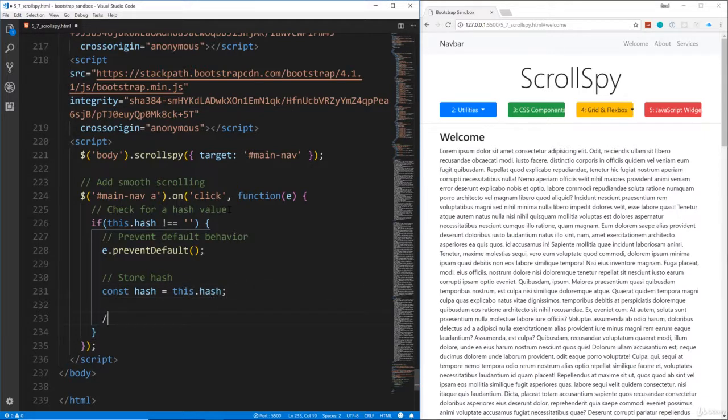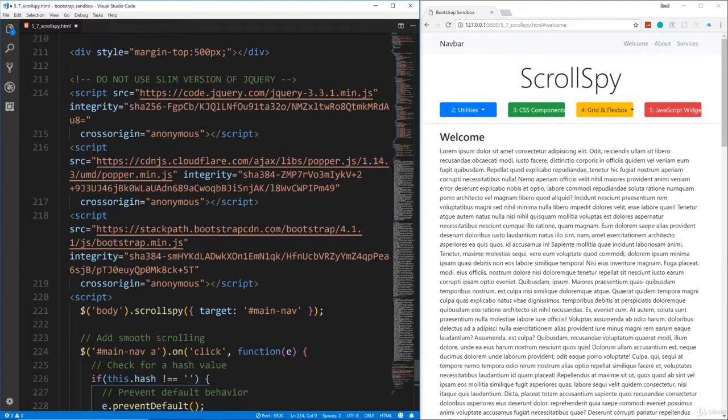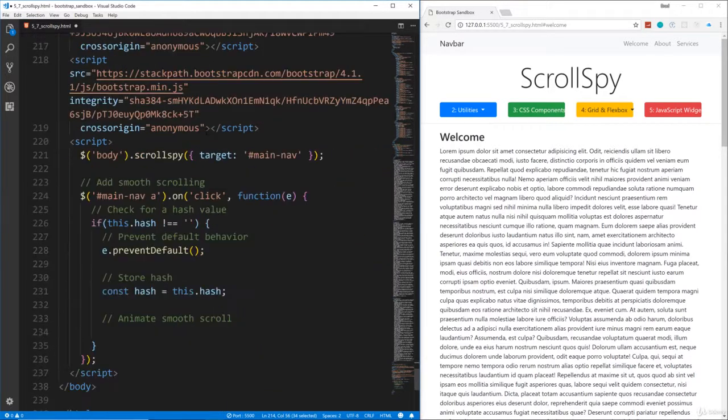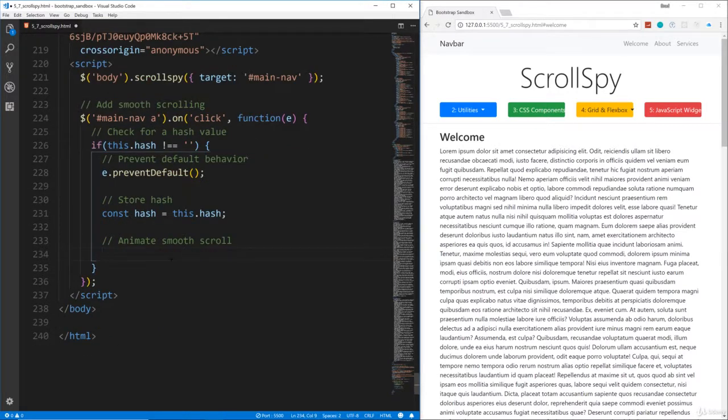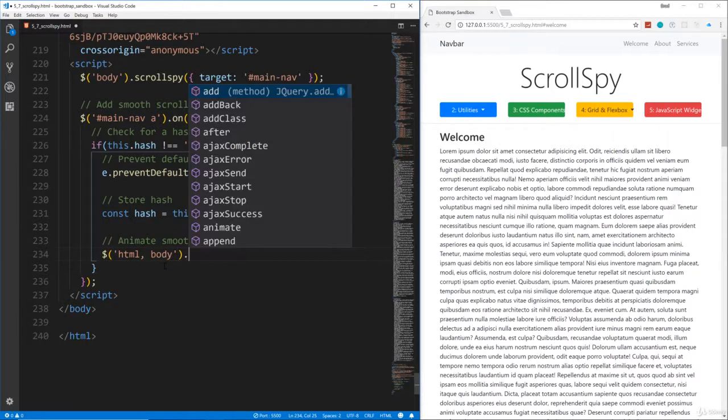Okay, next thing we want to do is animate, we'll say animate smooth scroll. Now, one thing I want to mention here is notice that we're not using the slim version of jQuery here. We're using the full version. You have to use the full version because the slim does not include the animate method. Okay, so it won't work if you use the slim version. So we're going to say jQuery, and we're going to put in HTML and body, and then we want to say .animate,